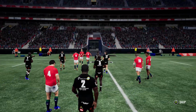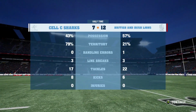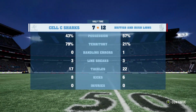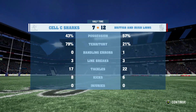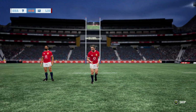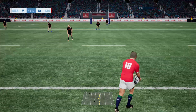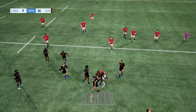Well, Kerwin Bosch. He's not had the greatest hand in this. Many other players around him have led them from the front. But this is a game we should pay special attention to in the second 40 minutes. What's really stood out here is the Sharks have played an outstanding territory game, almost 80% of it going their way in the opening half. A little bit of ball in the second stanza of the first half found them back in the match, and as you can see there, further down the list, line breaks, 3 apiece. A big telltale to how this game has gone. Lions dominate early, Sharks fight back, and we've got a second half on our hands here as we get things